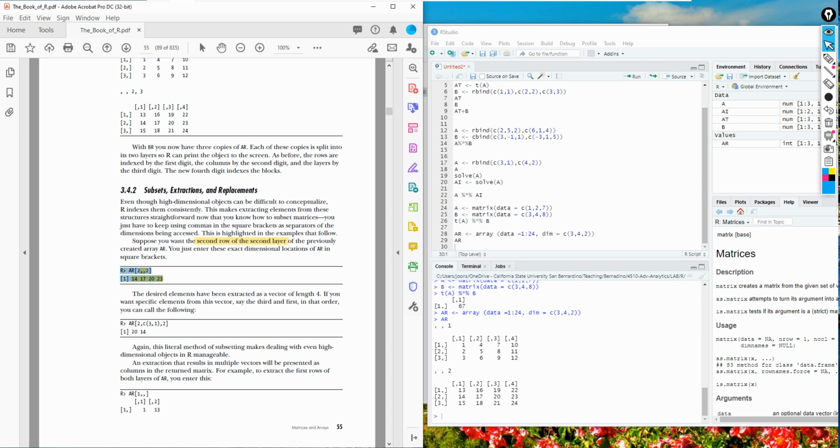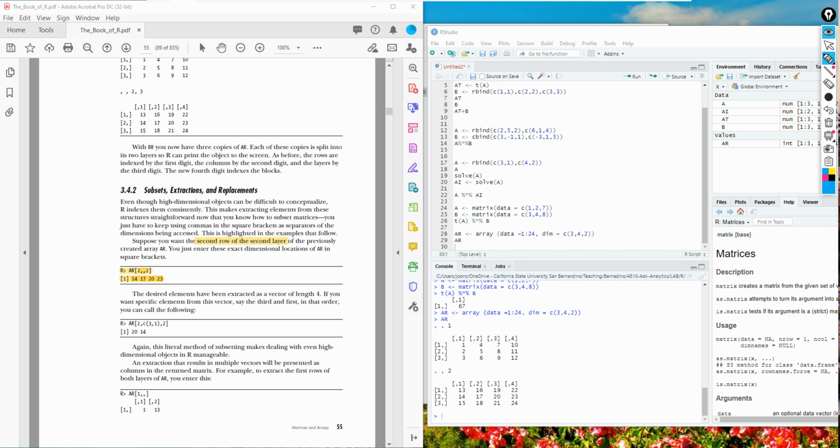Let's take a look at this example. We have AR, and we want the second row of the second layer. That's what you want to extract.